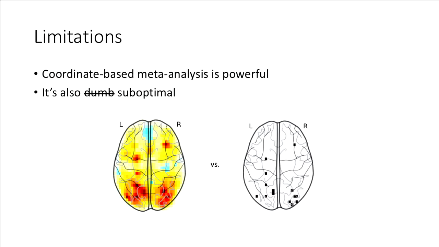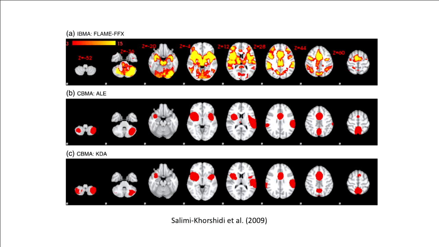So we would be much better off if we could actually use these kinds of things. Just to make the point, here's a study from Tom's group a few years ago. This is a gold standard. I want to say this is eight studies or 10. Yeah. And so that's the gold standard. This is image-based meta-analysis, although this is fixed effect, so it's a little overpowered, actually. But you can see that this looks much more blobby and coarse-grained, right? And you get some signal, obviously.